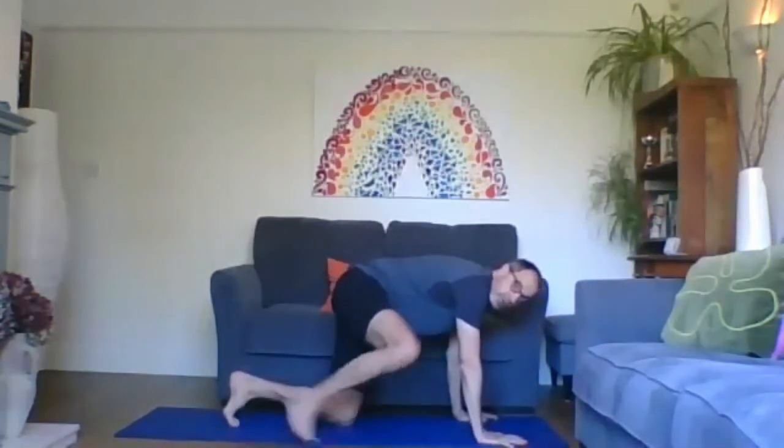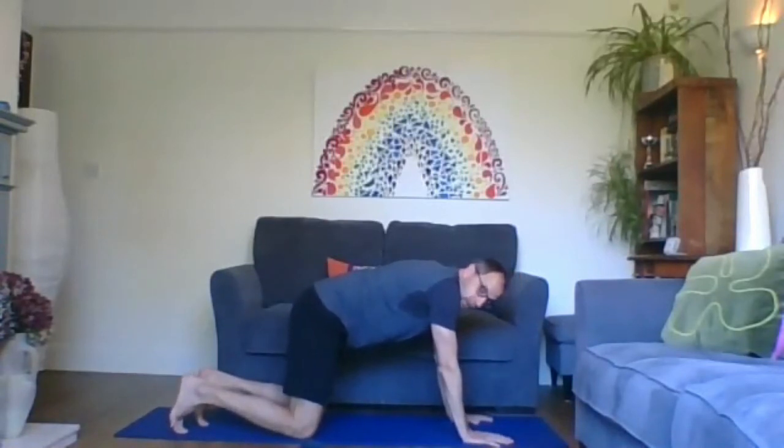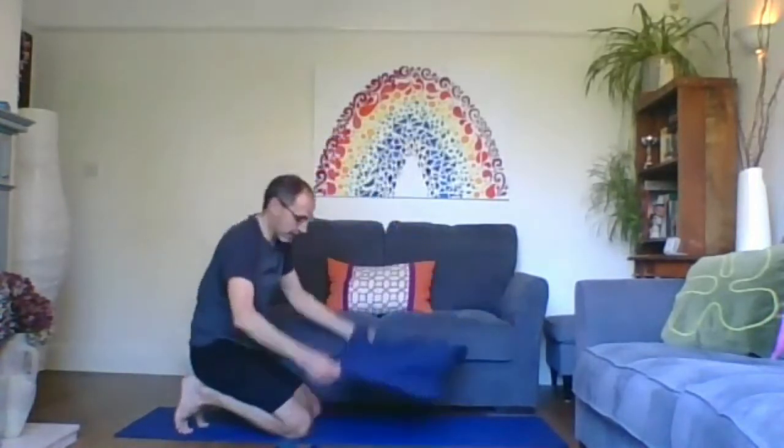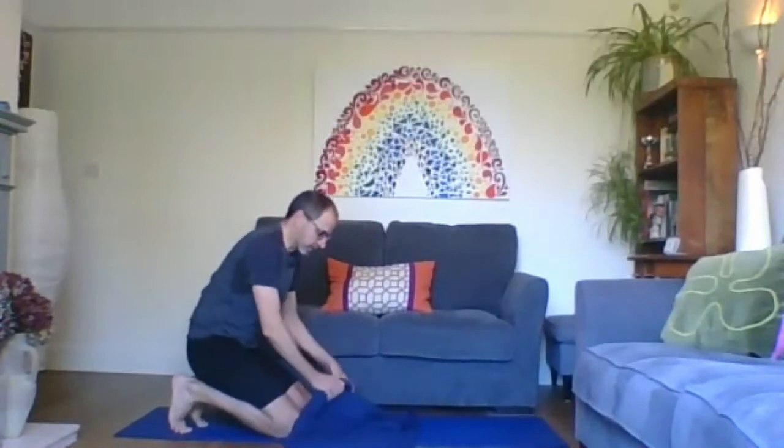So that completes the first part of this practice, starting to get a bit of energy flowing, loosening in the hips. Okay, so I'm going to move it on now. So coming over onto all fours, and this is where you may need a blanket, or if you've got a nice thick carpet, then that's absolutely fine, because we're going to be in a position where